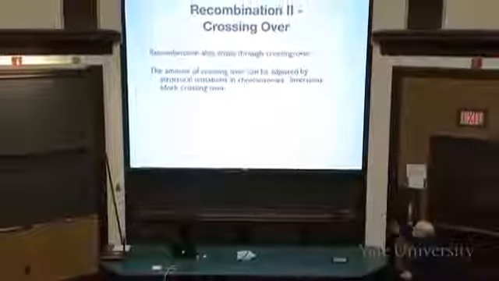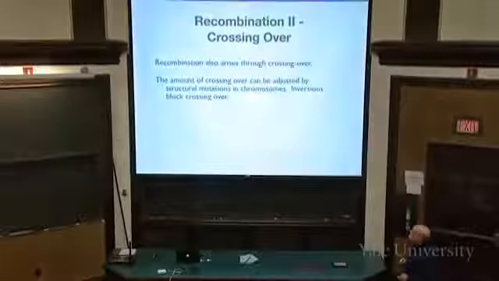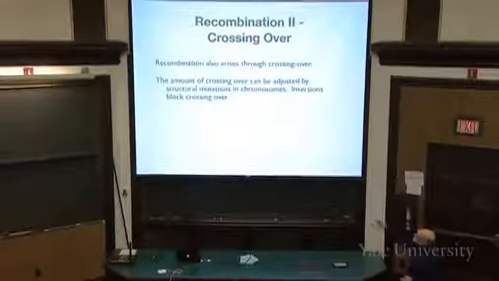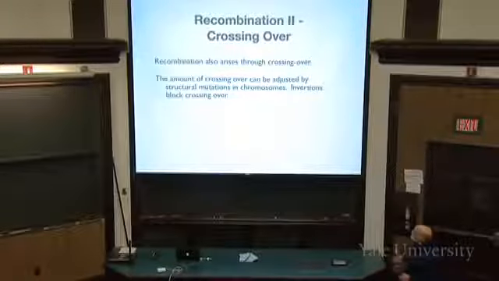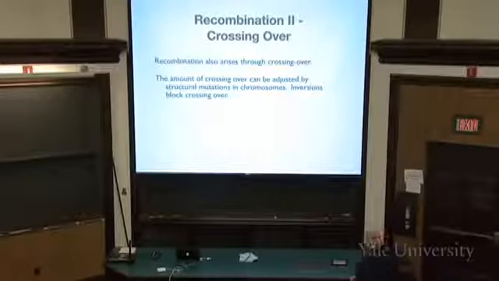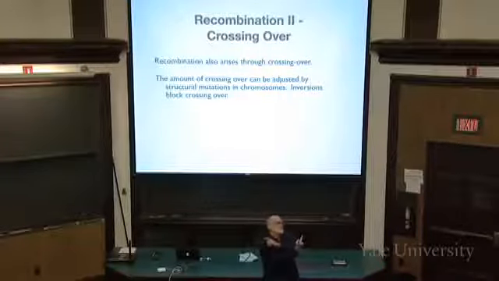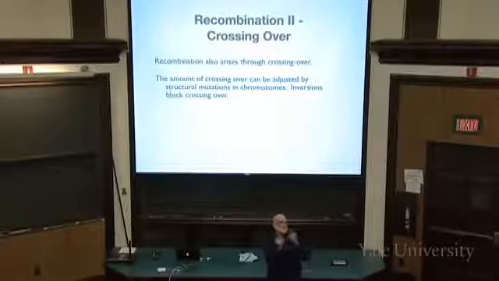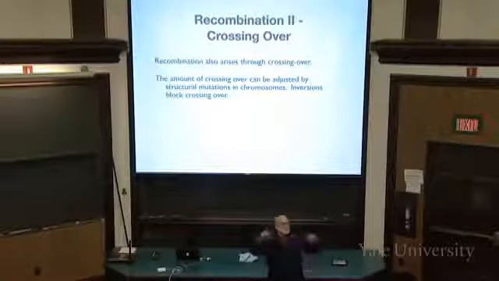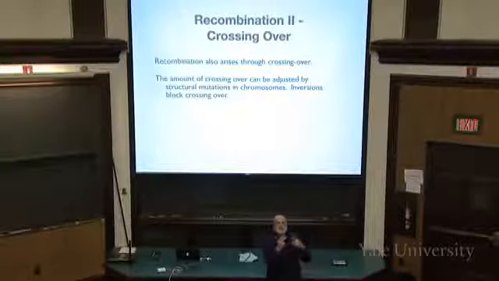Okay, now crossing over also generates a lot of genetic diversity. And the amount of crossing over can be adjusted. Inversions will block crossing over. You take a chunk of chromosome and flip it around so that in the middle of the chromosome the gene sequences are reversed, and in that section of the inversion, that causes mechanical difficulties. It actually changes the shape of the chromosomes when they line up next to each other,